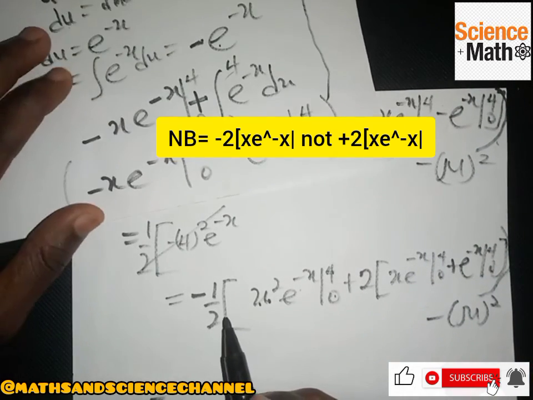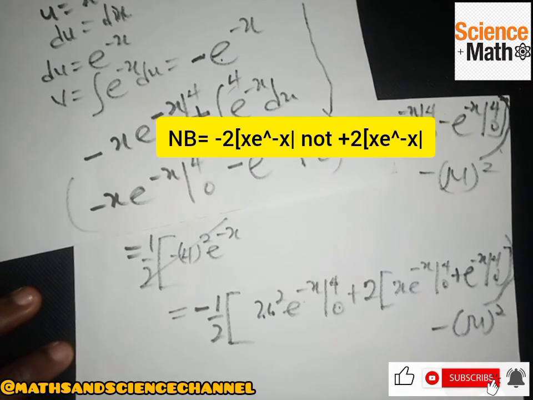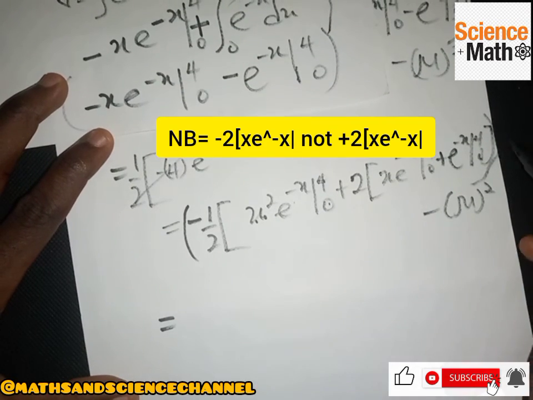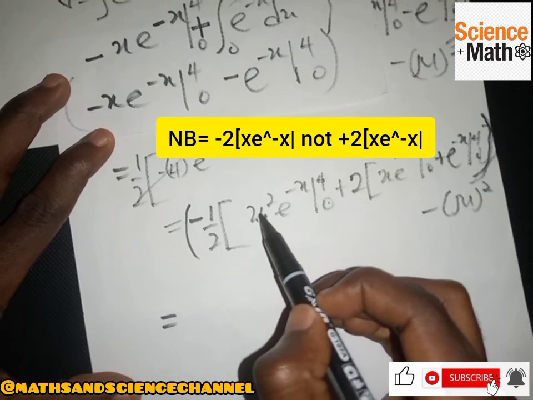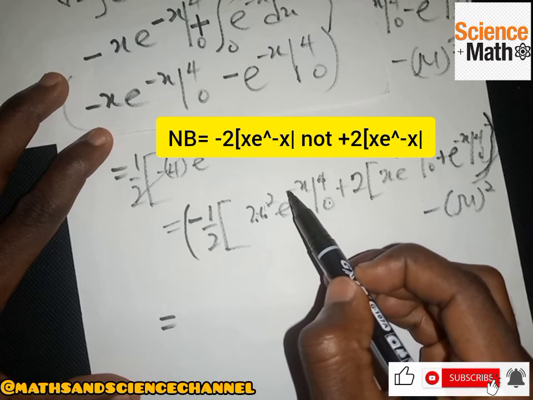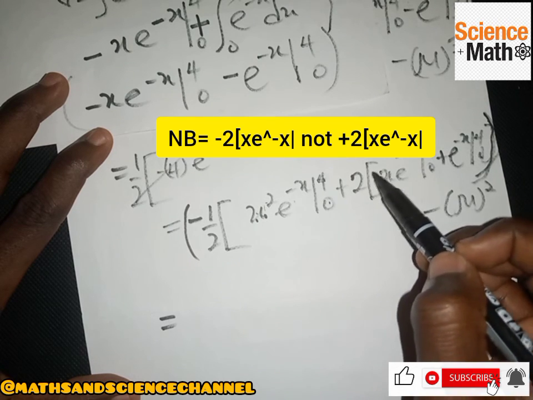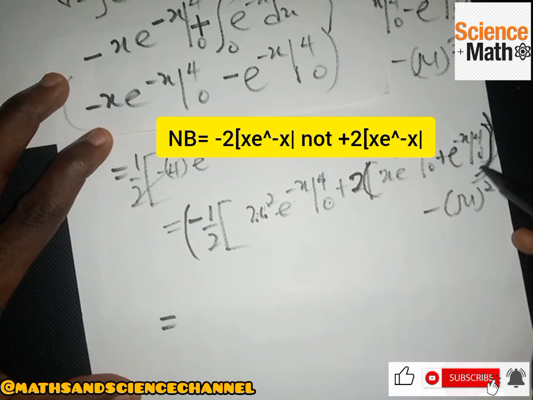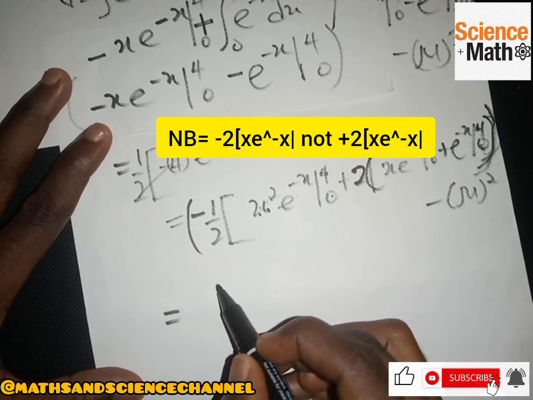When you do everything, you are just going to get everything. So from here, just solving this part without the mu, what we are going to do is put the 4 here, square that, e to the power minus 4, minus, then you do the 0 part, and you do the same for all of this part. Remember, the 2 is affecting all of that, so just do it for that part, and when you do everything for this part, you should get